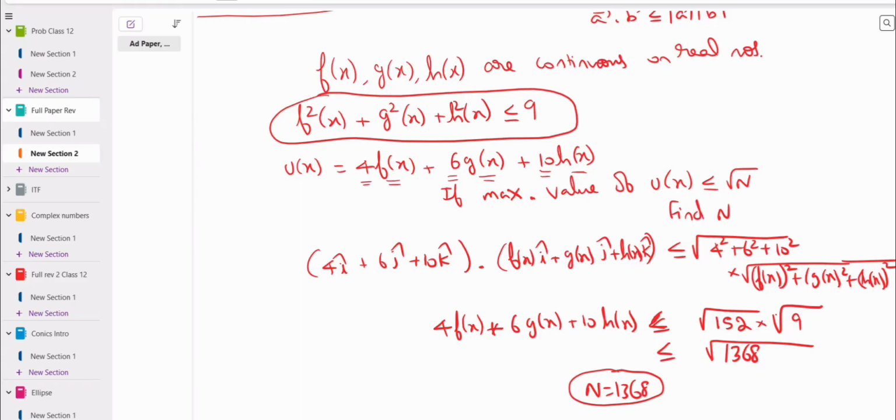So you should refocus, readjust your thoughts that this cannot be based on some differentiability idea. This should be based on some logical inequality question. The inequality that I used is famously called Cauchy-Schwarz, but you don't need to call it that way. You can just understand it's nothing but